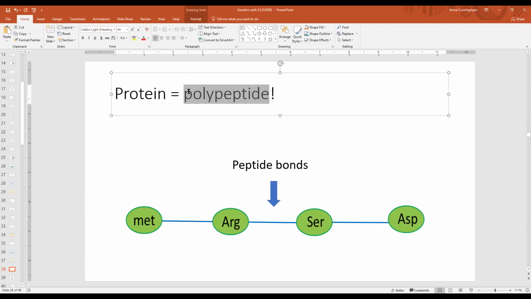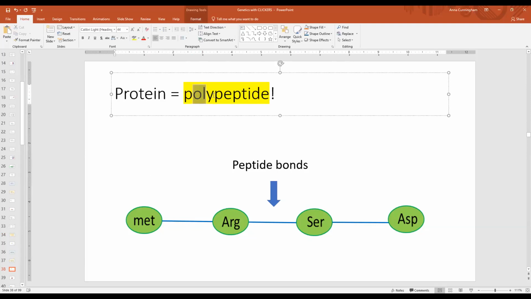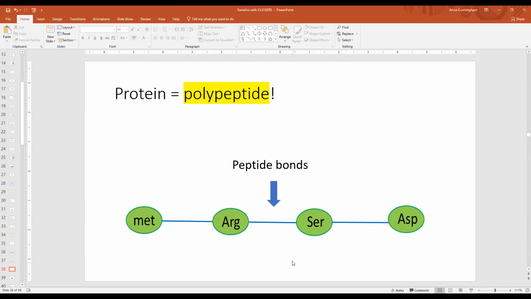This is why sometimes proteins are referred to as polypeptides. Poly means multiple, peptide is referring to the type of bond. So a polypeptide just means that there's multiple peptide bonds in between those amino acids, and that is basically exactly